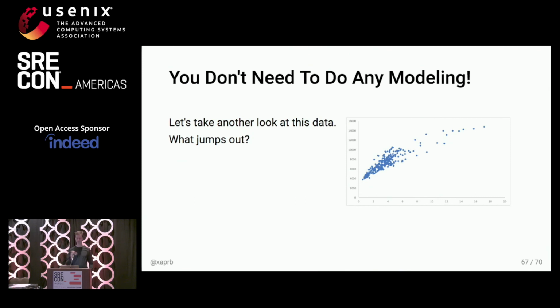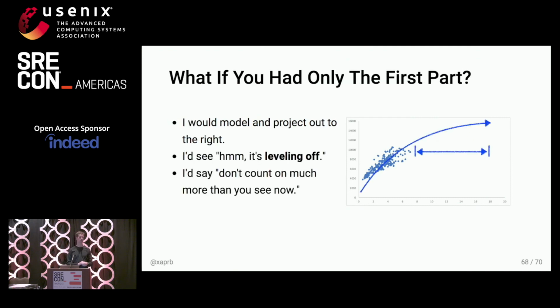And so let's go back to my data. Again, I've deleted the outlying point here. But when I look at this, I immediately see two things. I see a dark region where there's lots of points, and that is where the system is typically operating. And then I see some outlying regions. I do kind of two things with this. One is I go, what if I didn't have any outliers? Then I would draw my